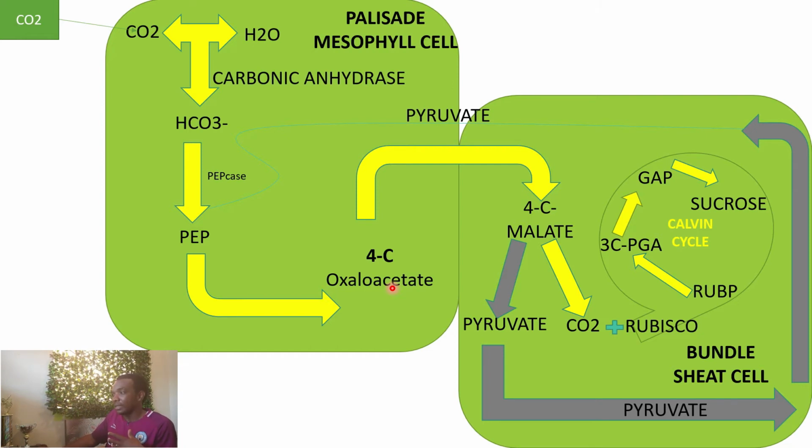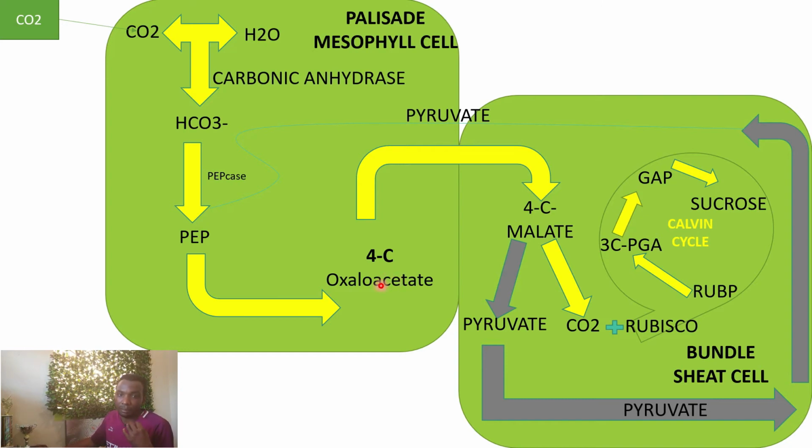So, when PEP is formed, it is further converted into oxaloacetate or oxaloacetic acid, which is a 4-carbon molecule. And this is where the pathway, which is the C4 photosynthesis or C4 pathway, gets its name, because a 4-carbon molecule has been formed. Now, this 4-carbon oxaloacetate or oxaloacetic acid further converts to